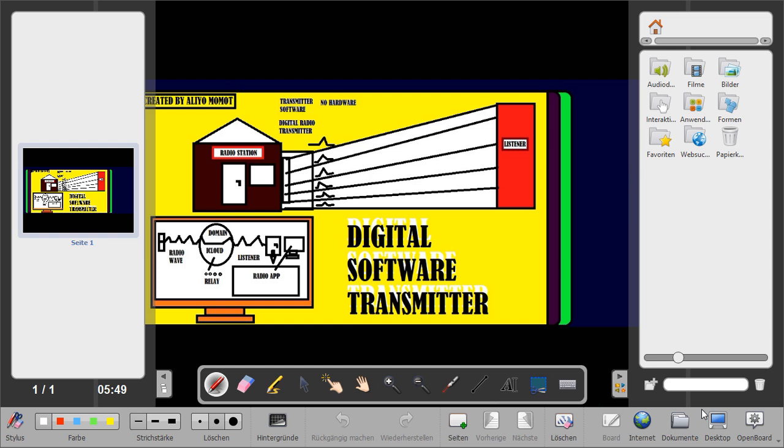We have here the radio station, and we have here the listeners. We have here the transmitting software, know-how, the digital radio transmitter. We have here the domain, the cloud. Look here. We have the radio wave coming like that. The transient space, or the intermittent space, having the domain and the cloud. This is related to this, or it can be related to this. But this is related to this more, to the radio app